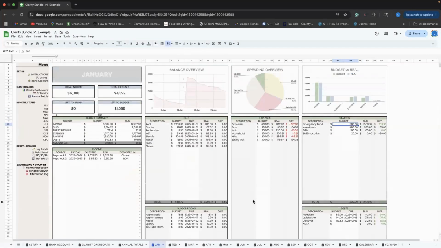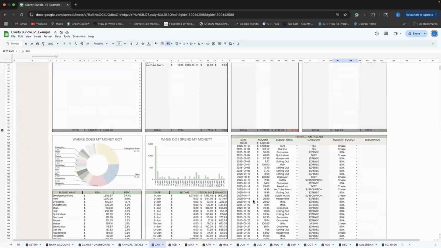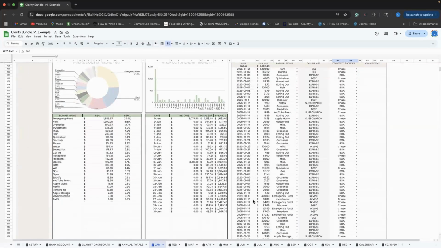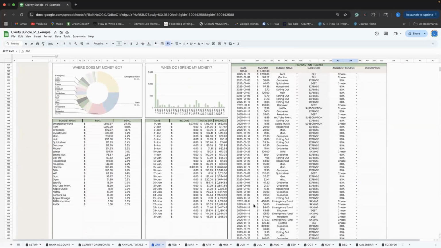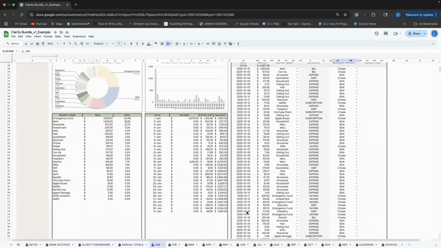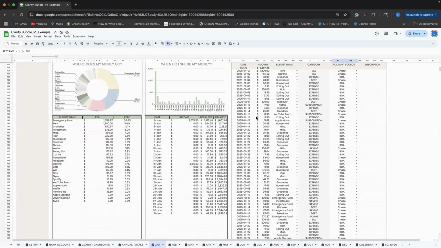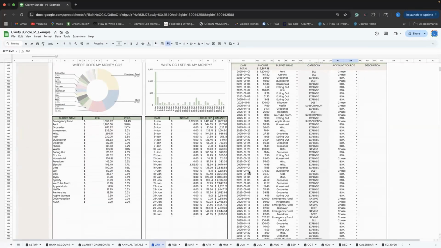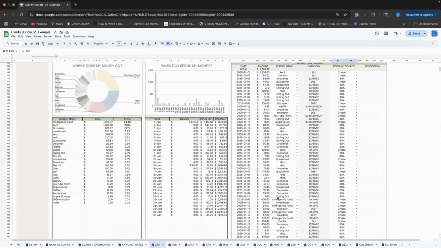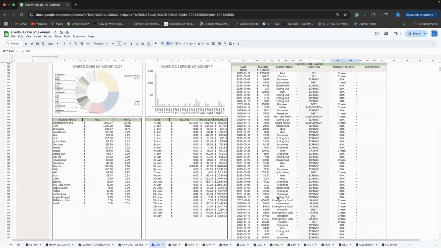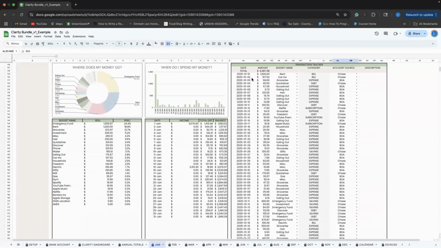So let's scroll down a bit, and that's when we'll get to the transaction tabs. This is where you will actually enter your transactions for the month. It's totally up to you how much data you want to enter. You also have the option of copying and pasting from your bank or your credit card provider, whatever you use. You can just copy and paste most of the data depending on the format. But it's really for you to get a glance of